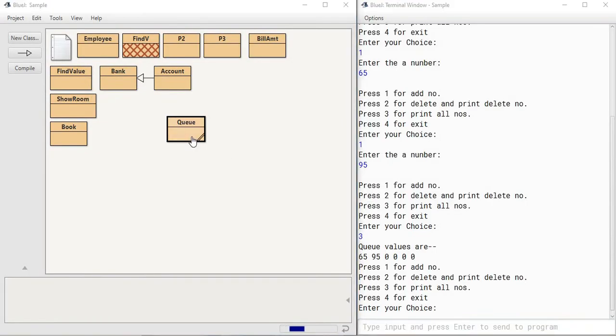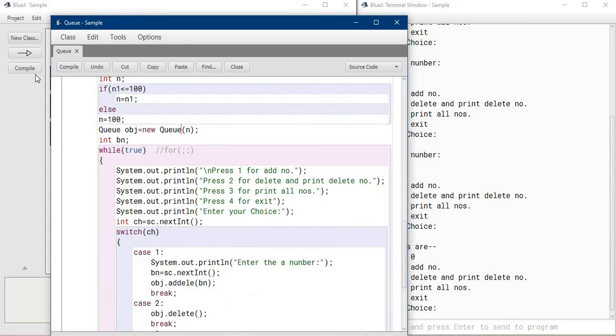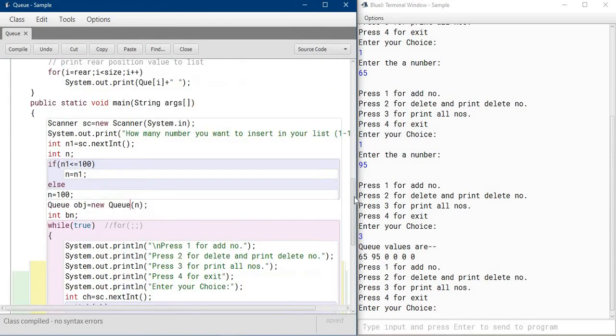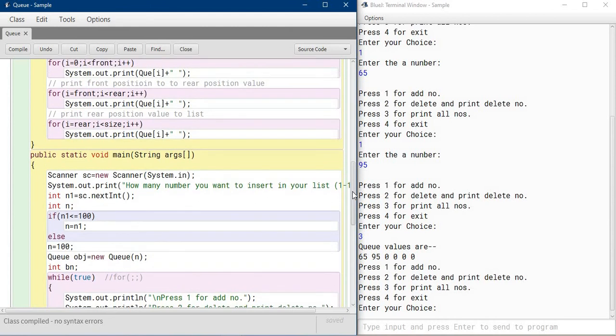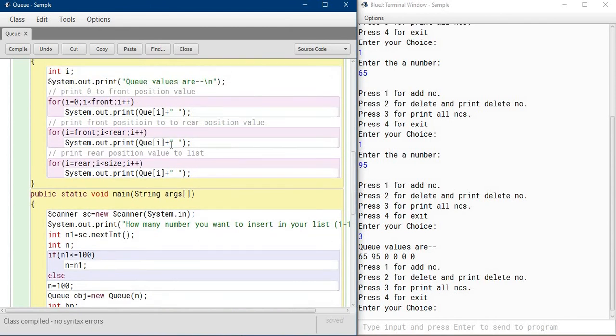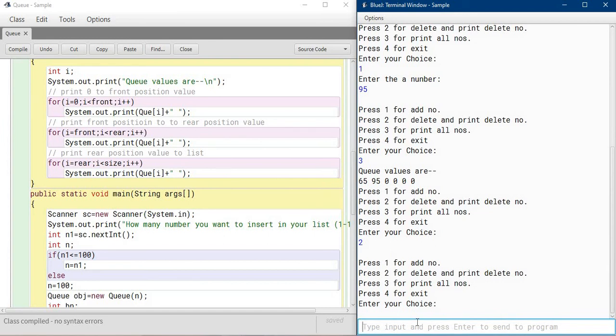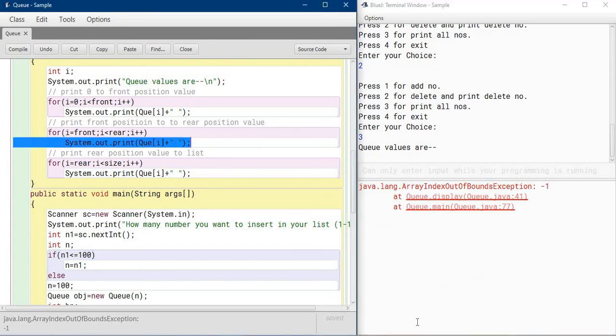I will show you the code. In the display method I'm not printing any blank, we are printing Q of i, so by default the value is 0. So again I'm pressing 2 for delete. Now see, one value deleted. Now look, choice is 3.